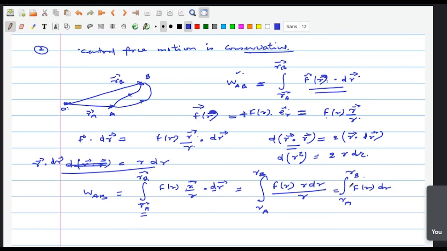And this WAB, Fr dr, because this is a function of just r, we can write as minus dU(r). And what is the reason for doing this? The reason is very simple: the external work done on the system gets stored as the potential energy of the system, so we define it in terms of that. Here in this case, the gravitational force itself is working, therefore it will be just opposite in sign to that of the external force. So the work done, WAB, will be defined like this.